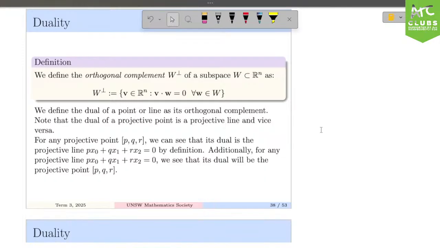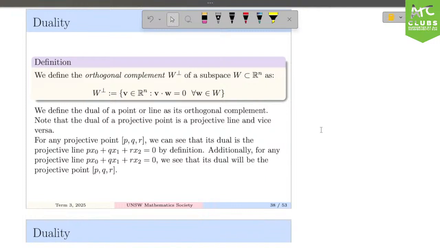And you can observe that in Rn, the dimension of the orthogonal complement of W is going to be n minus the dimension of W, assuming that W is a complete subspace. In R cubed, which we're considering as the same as RP2, you'll notice that 3 minus 2 is 1, and 3 minus 1 is 2, which means that if we take the orthogonal complement of a point, that will